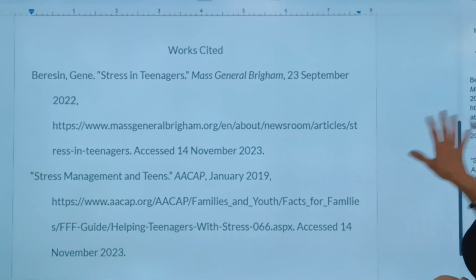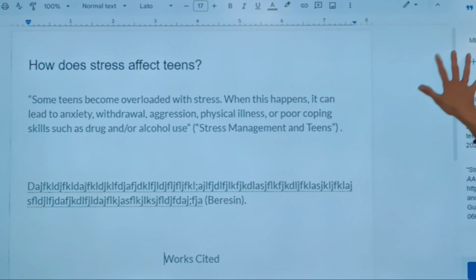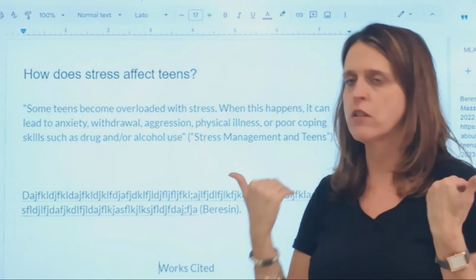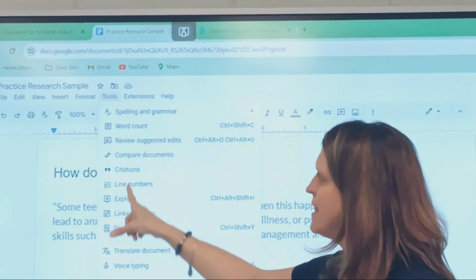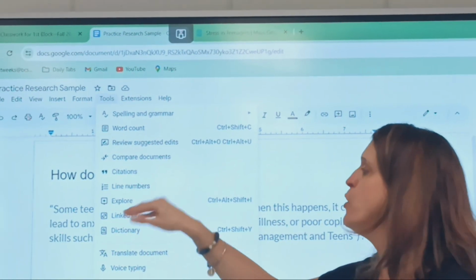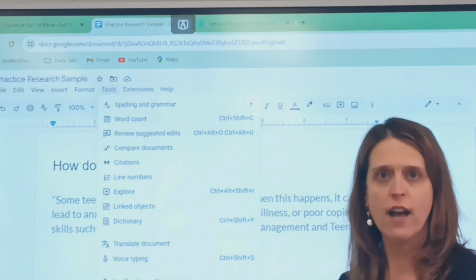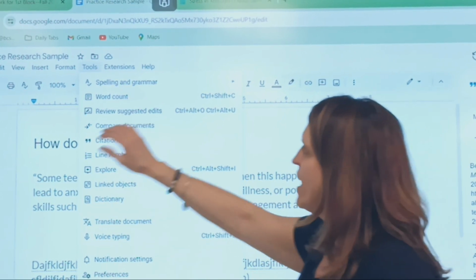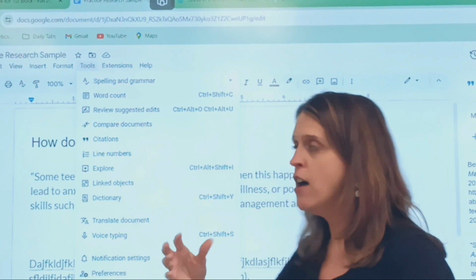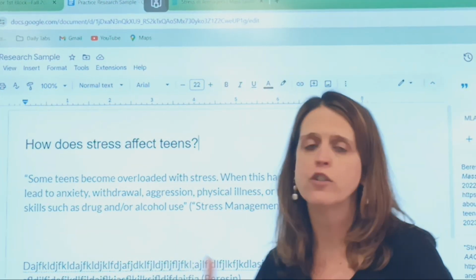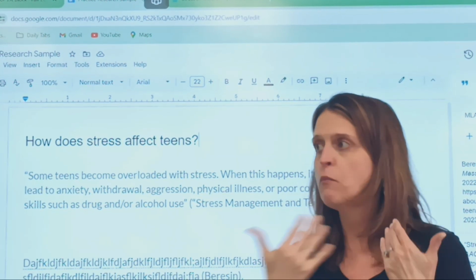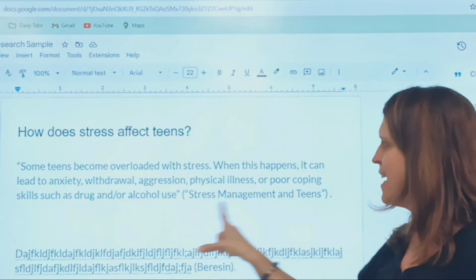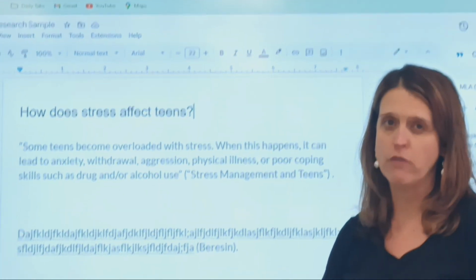I had everybody always ask, why do we have to put it in Google Docs and not just go straight to the slideshow? The slideshow does not have the option for your tools and citation. It is not there. Therefore, you have to do this kind of like your rough draft work, and then your final draft goes into the slideshow. Once you have that in the slideshow, you can make it a different color font. You can change the background color to be more visible, more appealing. Make sure that your fonts look nice, but make sure that you get the citations in there so you don't get an automatic 0. Okay?